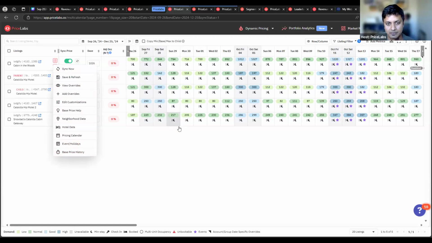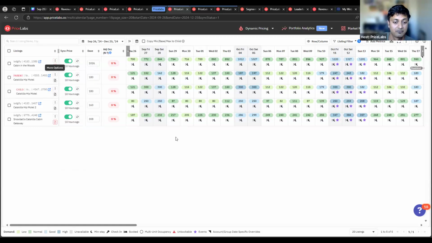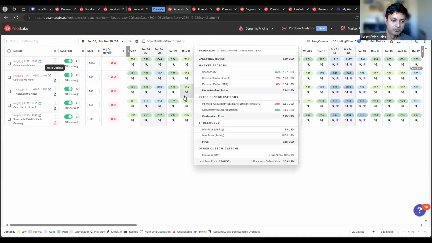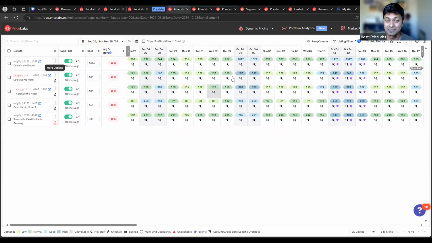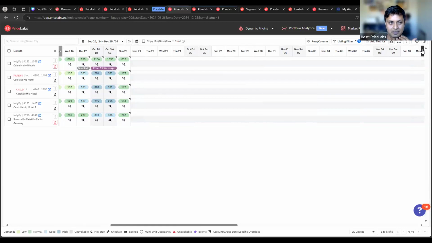Our goal with multi-calendar is that for people who have a large number of homes, this should become a sort of hub where you sit, where any action that you could do on the main review prices calendar, you should be able to do here. So there should be a one-to-one functionality mapping, except that you can do it for many, many listings together in here. So if you're managing a large portfolio, this page helps you see prices for multiple listings at once,